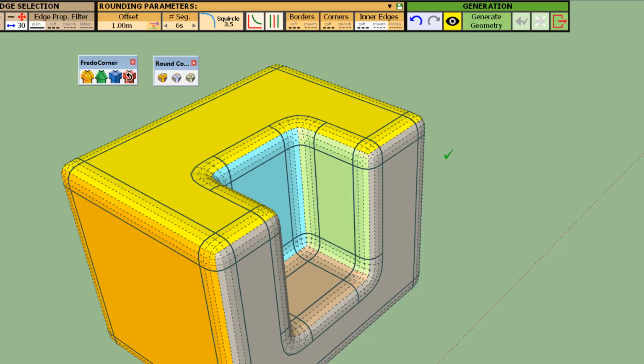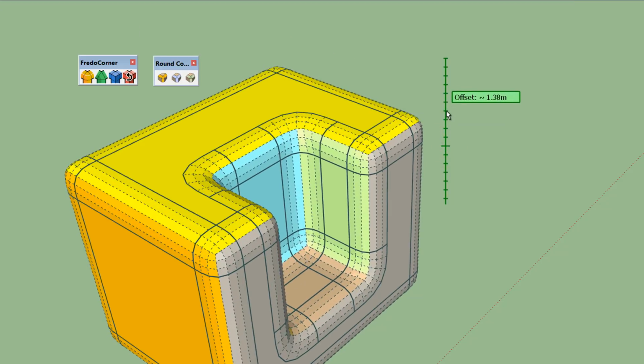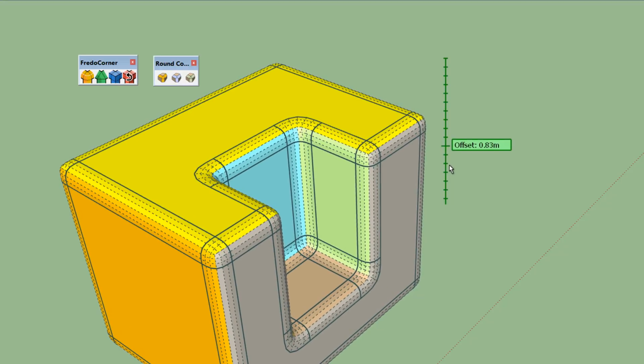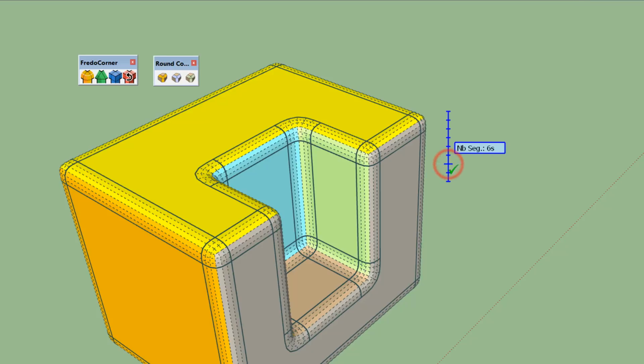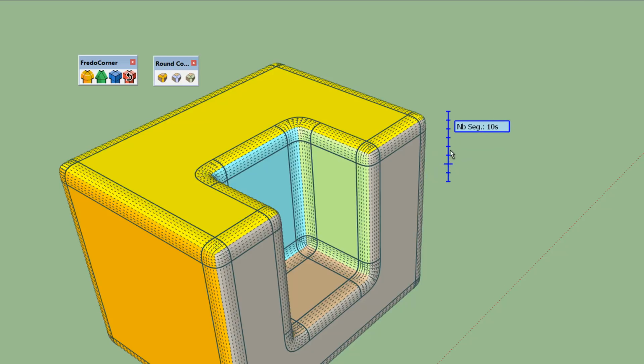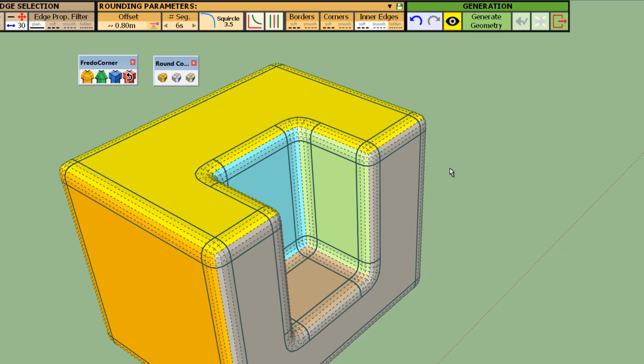The preview mode has the capability also to vary the offset, the number of segments, and the shape, the profile of the rounding. So here, if you simply click and drag, you will increase or decrease the offset. If you press Control, you will increase or decrease the number of segments.